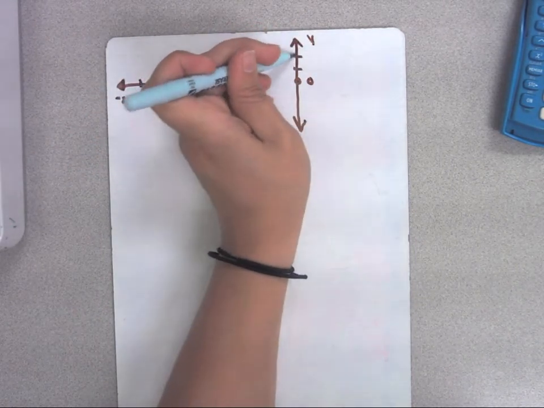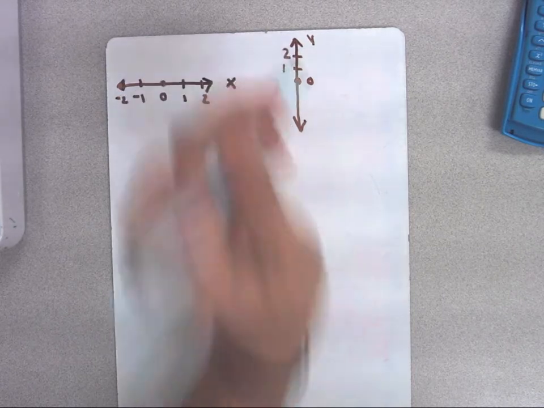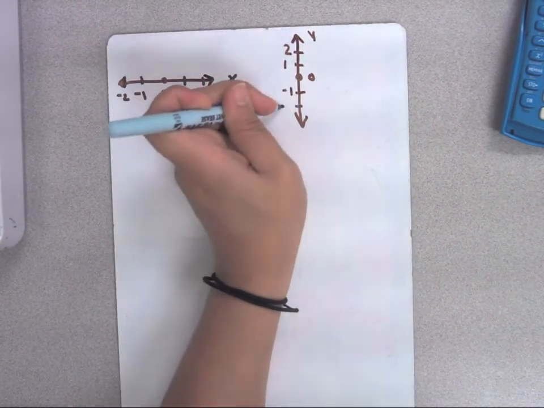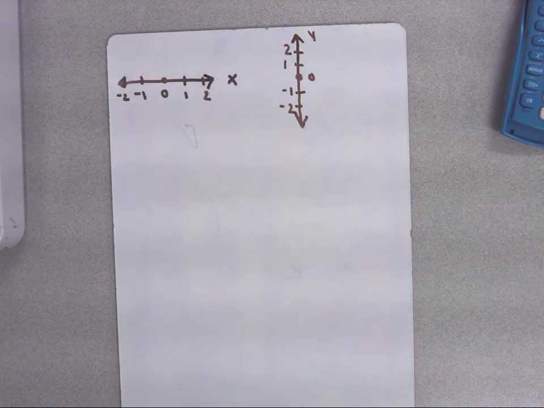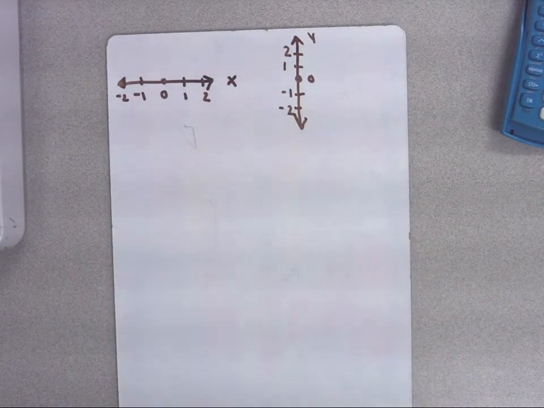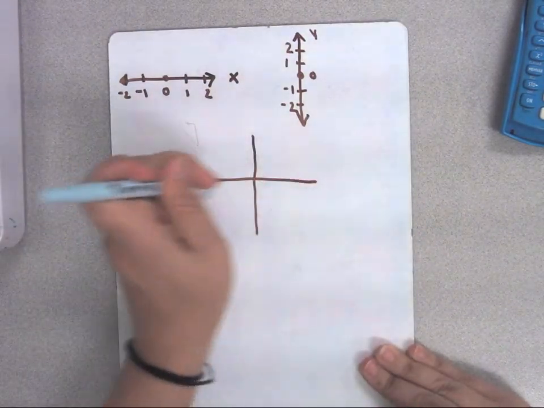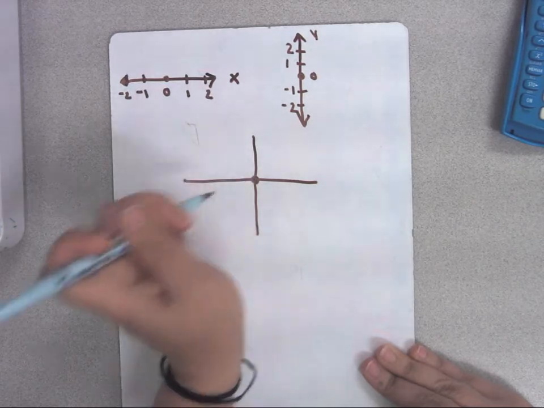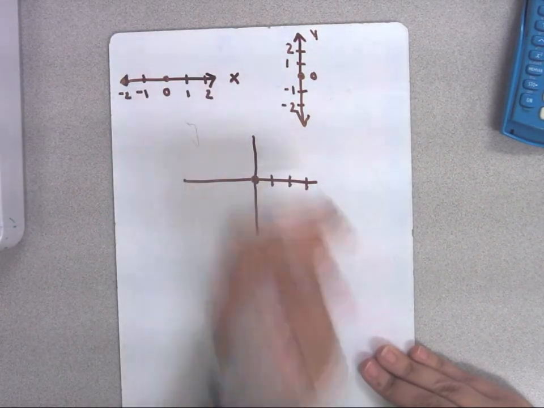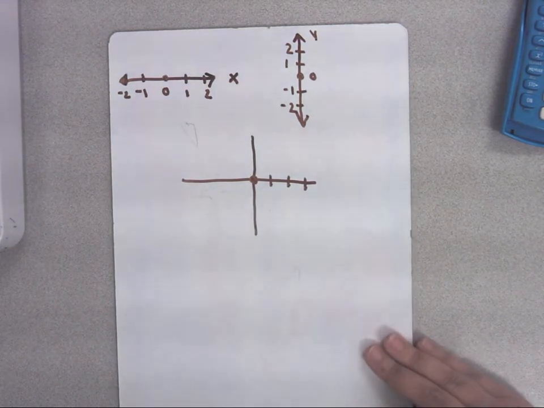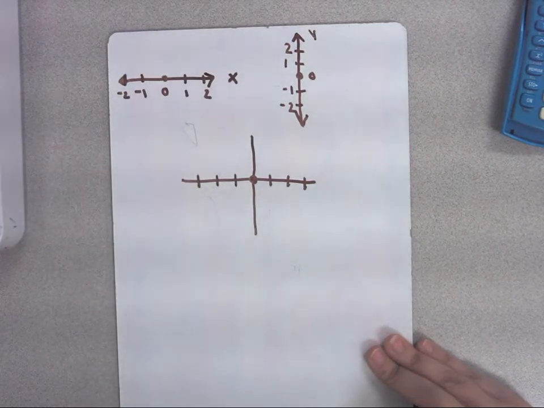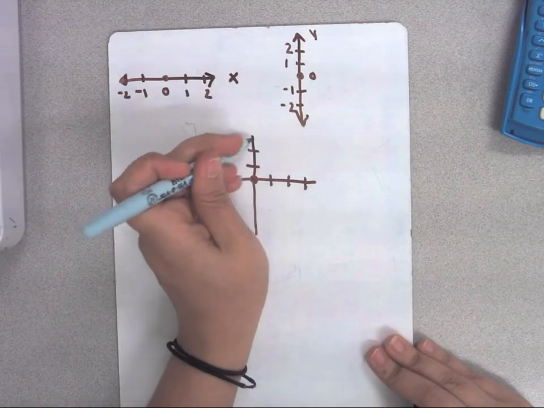When you go up, you count 1, 2. When you go down, you're subtracting: -1, -2. So that's why these two pictures are mushed together to make a graph. So this is 0 in the middle. If I count 1, 2, 3, I just don't label them. And then -1, -2, -3. And go up 1, 2, 3,